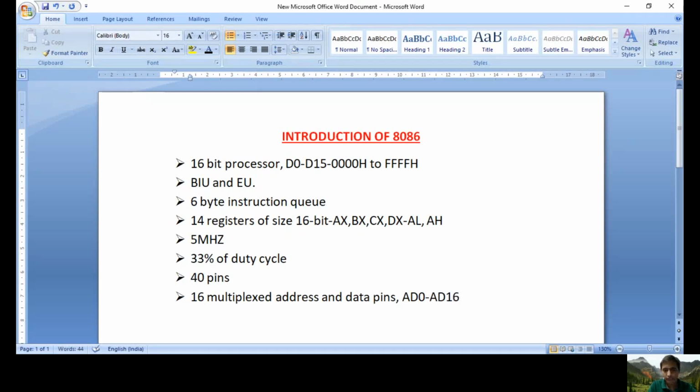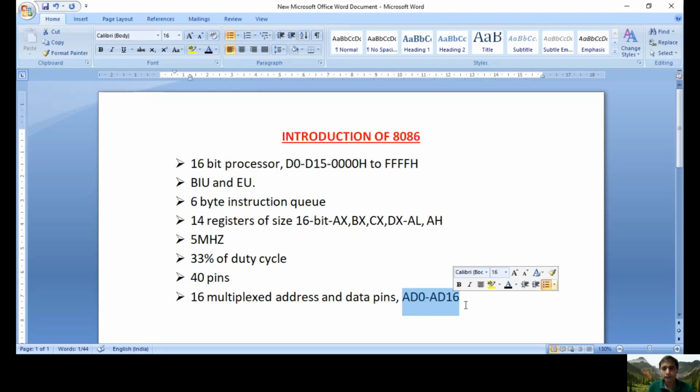Here AD0 to AD15, so A0 to A15 are address lines. Similarly D0 to D15 are data lines. So we should know they are not directly address and data. They are multiplexed, so we should separate them for our operation. For any operation, first we should separate the address and data lines into pure address lines and pure data lines with the help of external latches and the ALE signal. But because of the multiplexing, the number of pins is reduced. Otherwise, we would need 16 pins for the address lines and another 16 pins for the data lines, a total of 32 pins. In order to avoid that, only 16 pins are present, containing address and data combined. That's why it is called multiplexed.